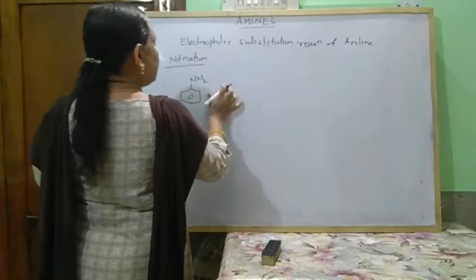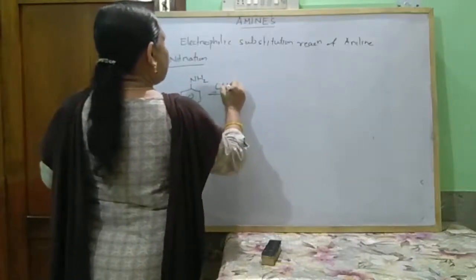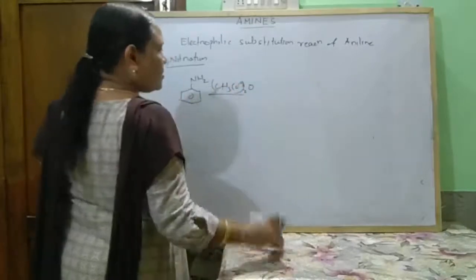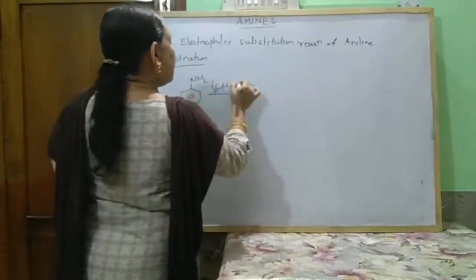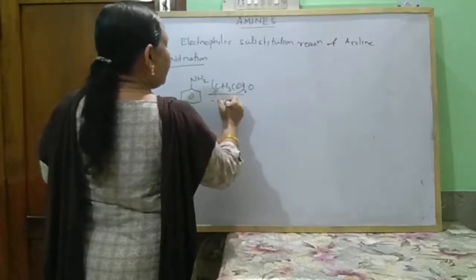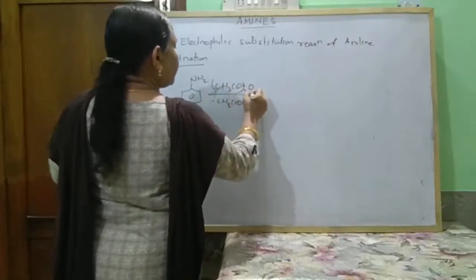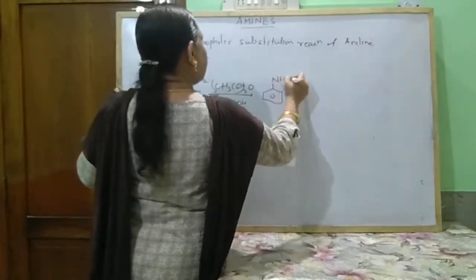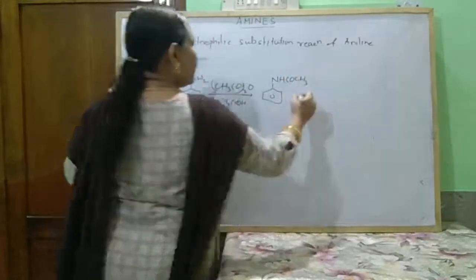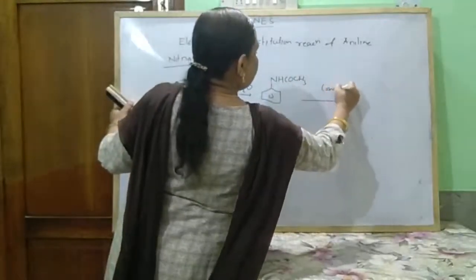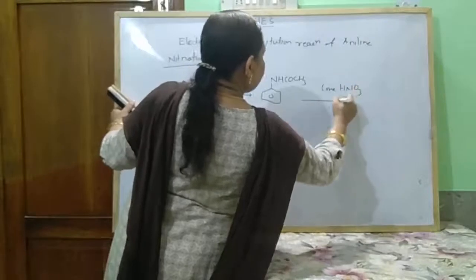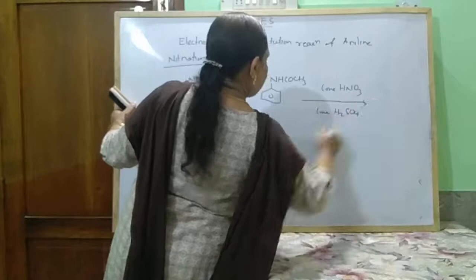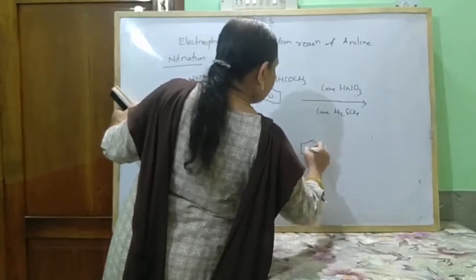NH2, first, acetic anhydride, minus acetic acid, gives rise to NHCOCH3, then treated with concentrated nitric acid and concentrated sulfuric acid gives rise to